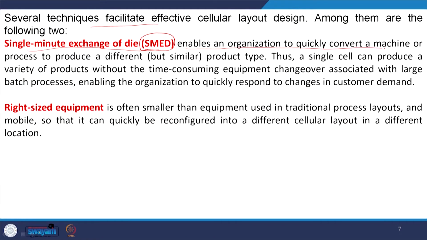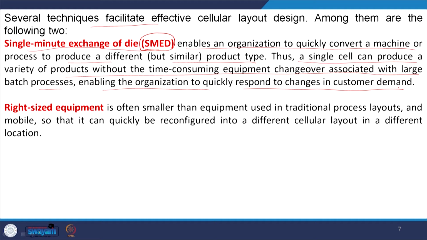It enables an organization to quickly convert a machine or process to produce a variety of product types. Thus, a single cell can produce a variety of products without the time consuming equipment changeover associated with large batch processes, enabling the organization to quickly respond to changes in customer demand.